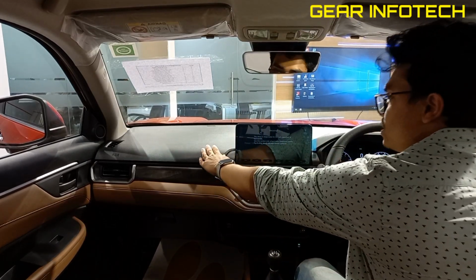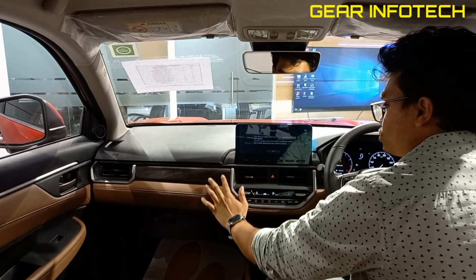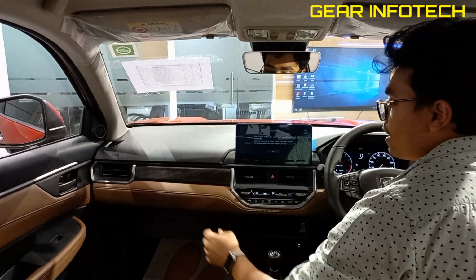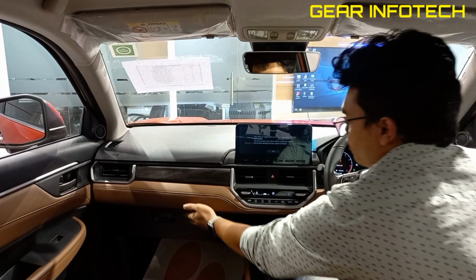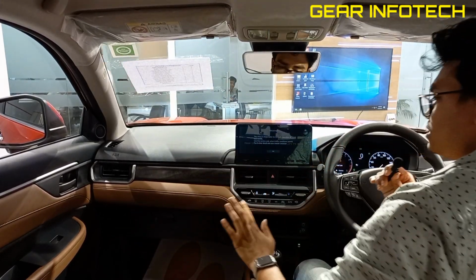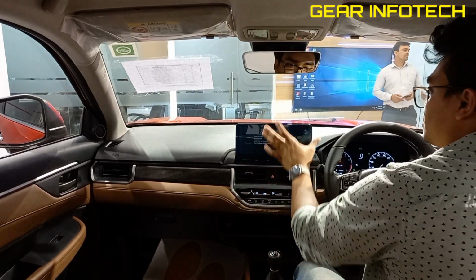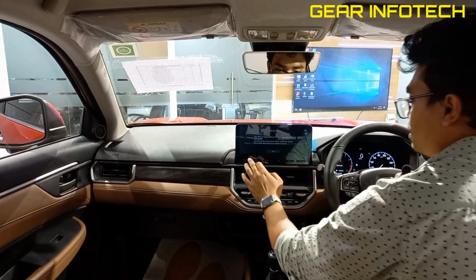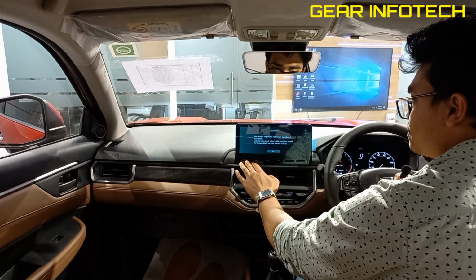Moving on to the dashboard of this car, it offers you a nice finish over here, which looks very good. A graphite color texture, which is very nicely done. The air vent design, very nicely done in chrome surround. Again, very nicely done. Some storage space in the glove box, which is decent, quite good. Coming on to the center console, the screen is quite good and it is quite big. It is visible, nicely done, and you can adjust the screen like this